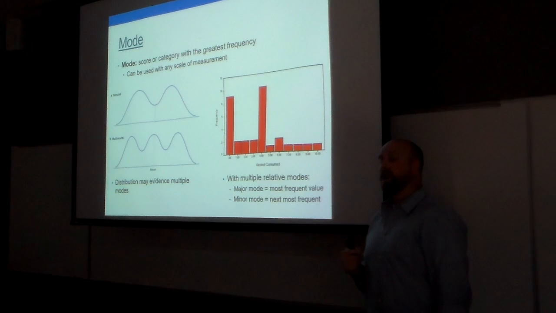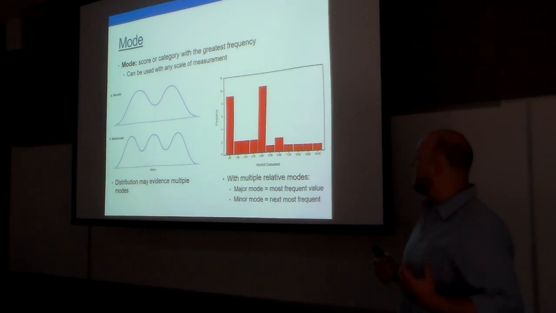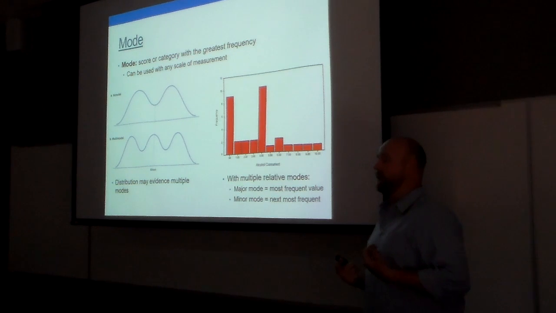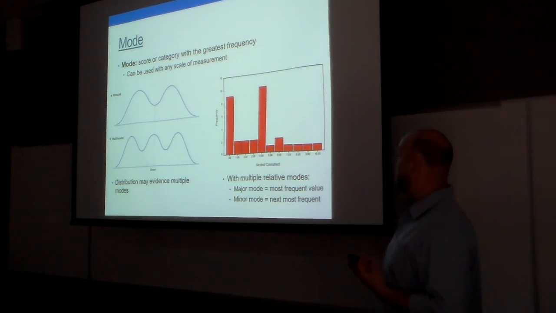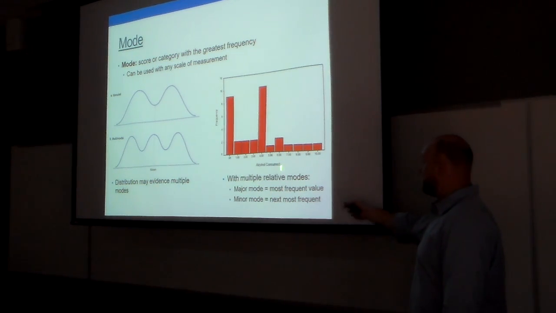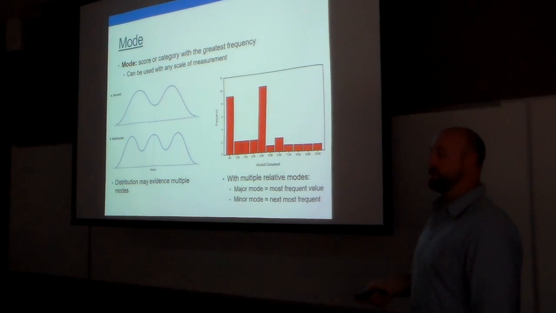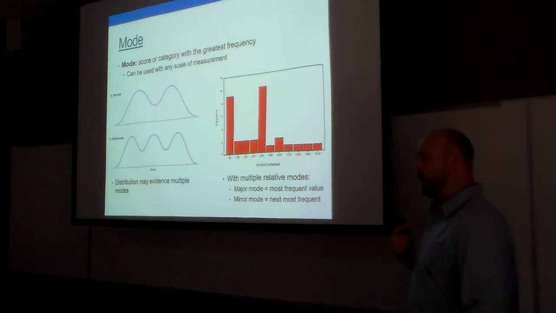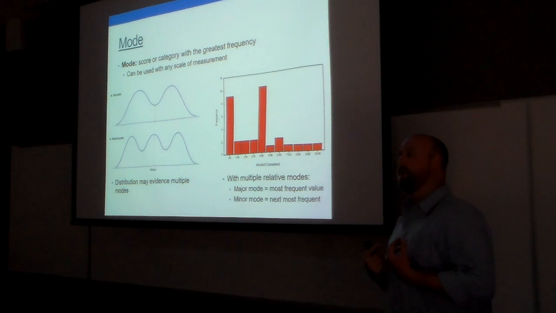Okay? With multiple modes, we can have major modes and minor modes. Technically, in this distribution here, 4 is my mode because it's the most frequently occurring value that I have, right? But we got a lot of people at 0, right? So what I might report is a major mode at 4 with a minor mode at 0, and I could report that, right? And again, this is where